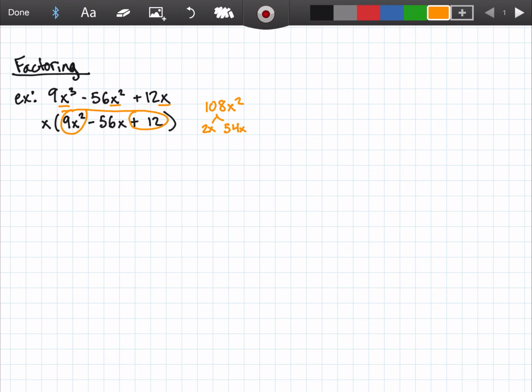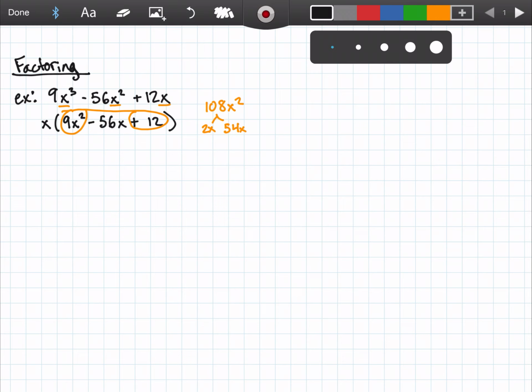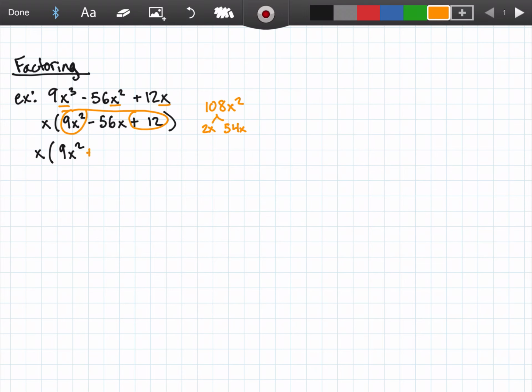And because my a equals 9 in this case, I cannot use the shortcut. So my x from the GCF is going to stay out front. And then I'm going to do 9x squared plus 2x plus, well, I guess these both have to be negative actually. So let's redo that. Okay, minus 2x minus 54x